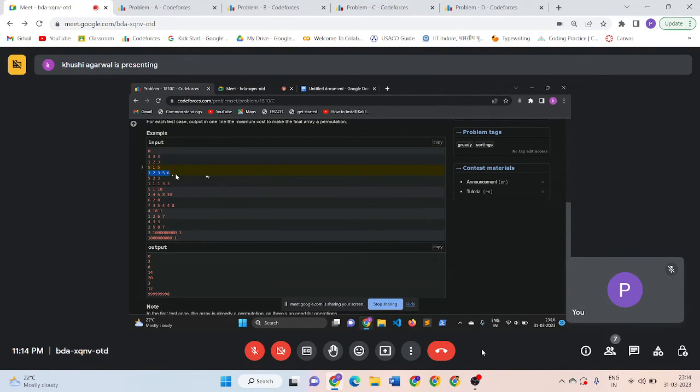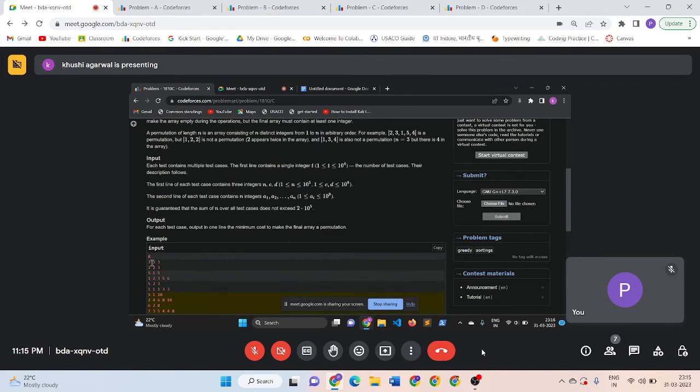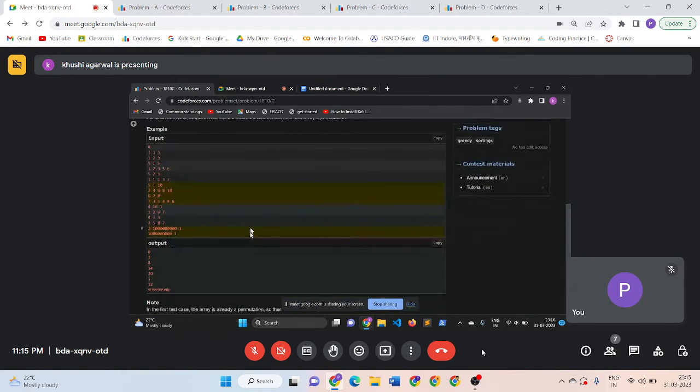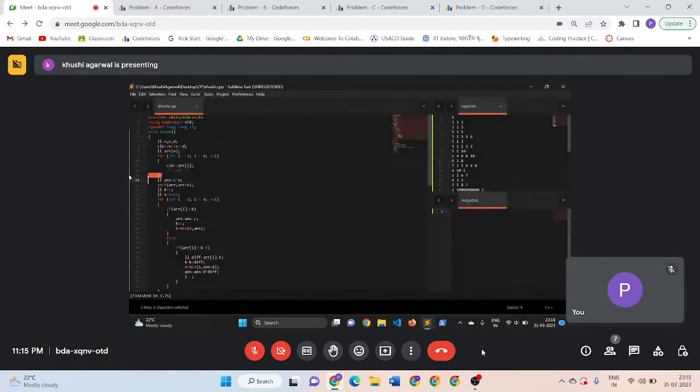इस पूरे को परम्यूटेशन बनाने के लिए मुझे इसके अंदर सिर्फ एक 4 ही तो ऐड करना है, बट उसकी कॉस्ट क्या लग रही है? 5 लग रही है। तो 5 इज ग्रेटर देन 2 ना, तो हम ऑफकोर्स 2 लिखेंगे क्योंकि हमें सबसे स्मॉलेस्ट आंसर चाहिए। तो देखते हैं इस क्वेश्चन को कैसे अप्रोच करना है।